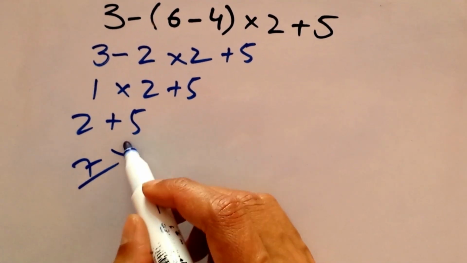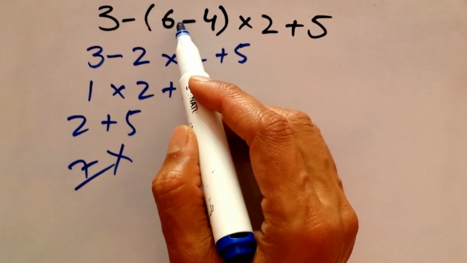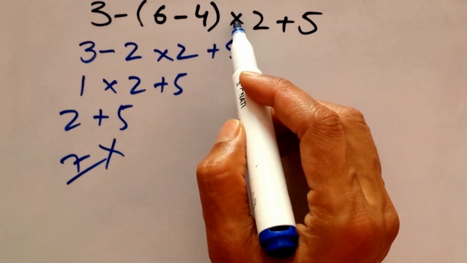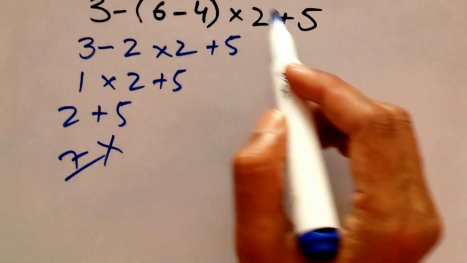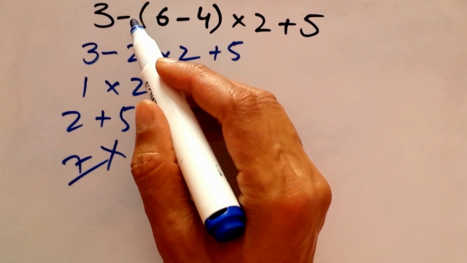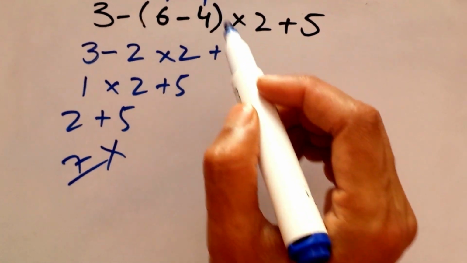But this is wrong. Why? Because first of all, parentheses, right, then multiplication, then subtraction, then addition, right? So follow the order of operations. We use the PEMDAS rule, parentheses first, right? So